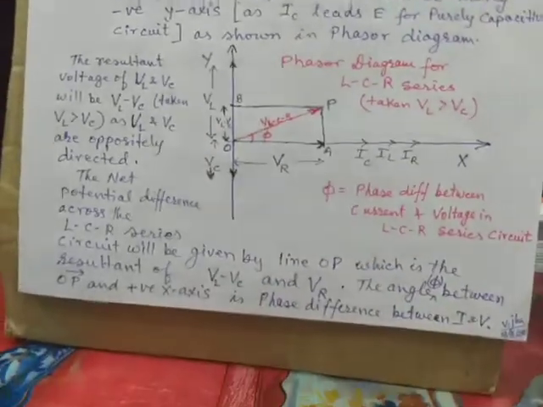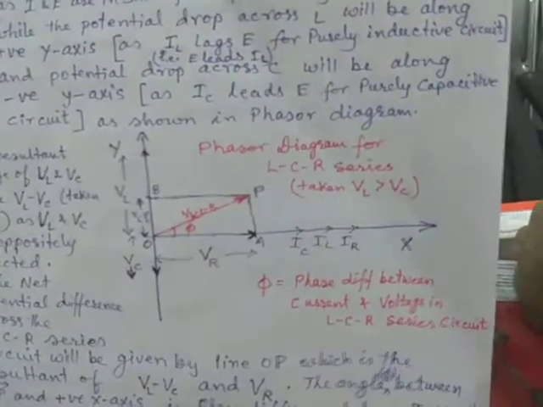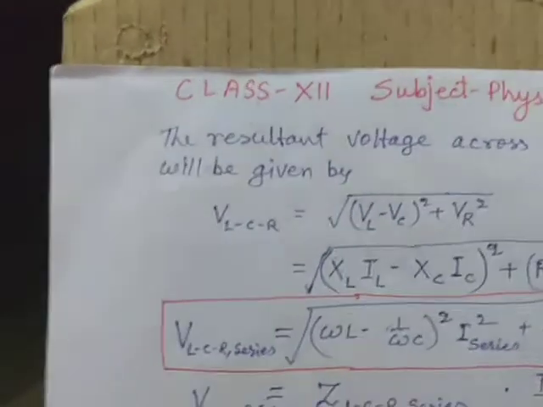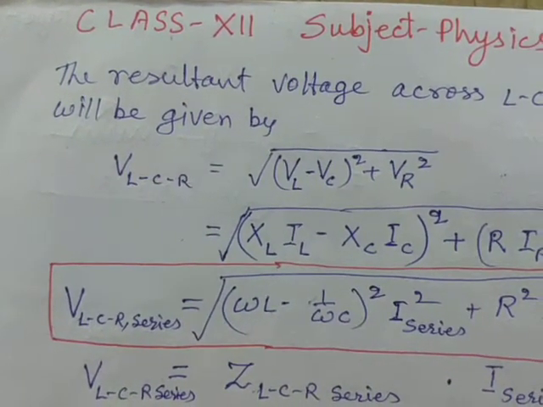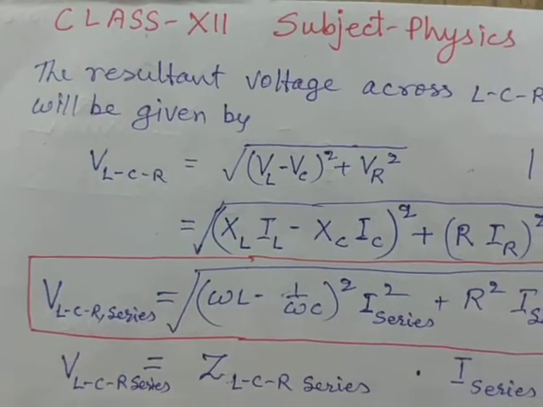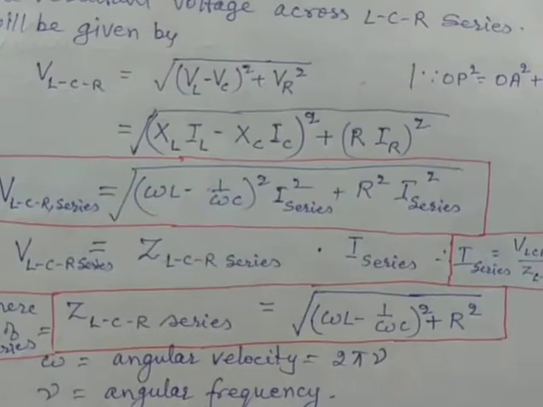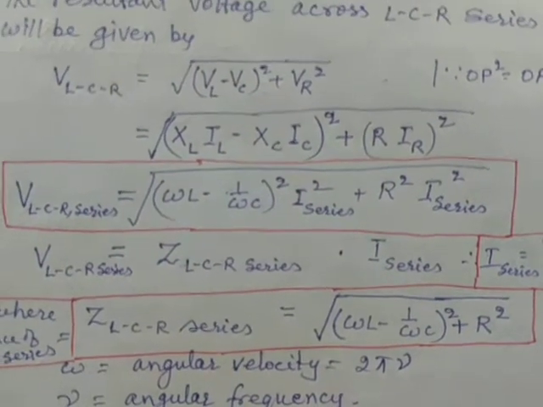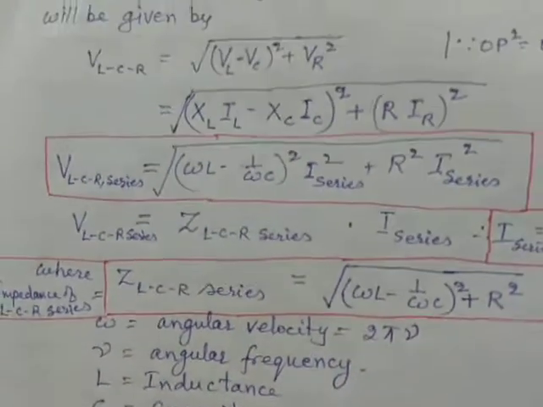And from that fact we can understand that the relation for the potential difference will be given by VL minus VC within bracket whole square plus VR square, and on putting the values of VL, VC and similarly VR, we get the net potential difference given by this expression,